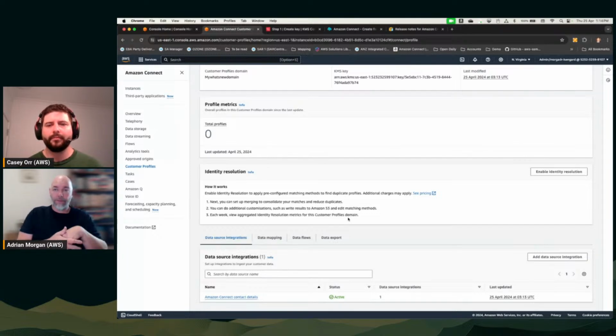If a contact goes through to an agent, you can then add all the personal information. So let's say Casey was to call into this number now, and I'll talk about that in a second, but if you were to call into the contact center and it popped to an agent, I obviously don't have Casey's details yet if it's his first time calling, but then I can create that profile. I can add, hey, Casey's called in. I can type in Casey's name, Casey's address, all that kind of information that I'd want, any notes about Casey. And then I can use that immediately next call. So the next time Casey calls in, it'll recognize Casey's phone number,